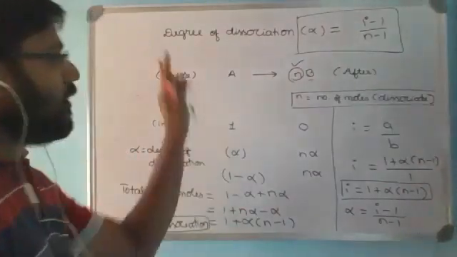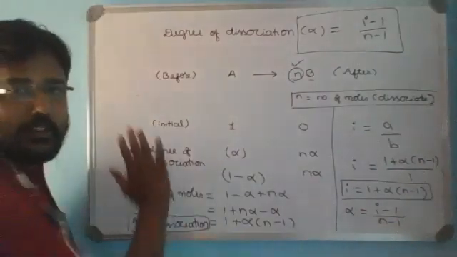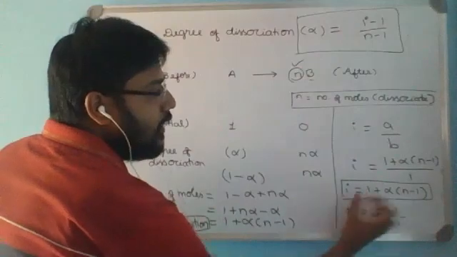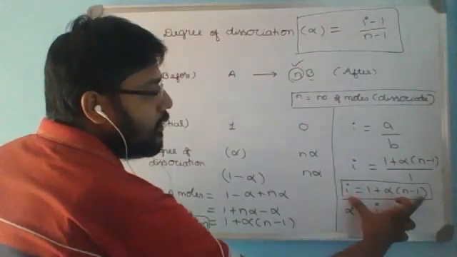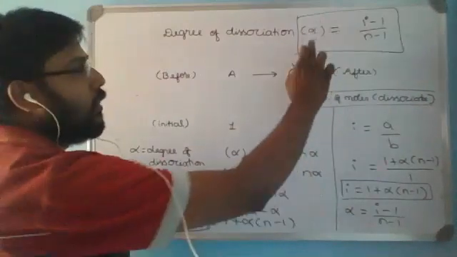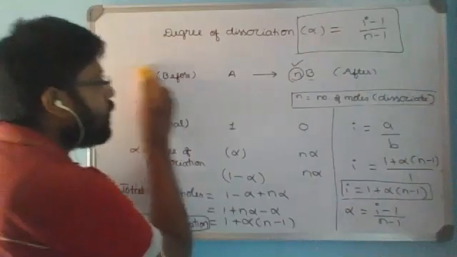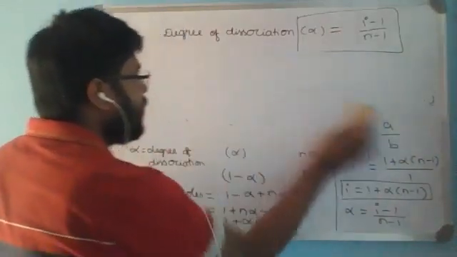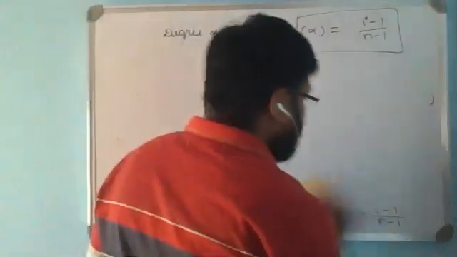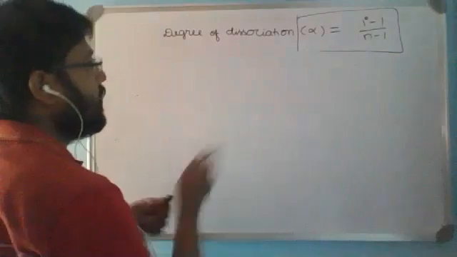So similarly, the degree of association can also be calculated. So observe once very clearly. With this simple rearrangement, either you can remember i equal to this formula, or with the final rearrangement you remember alpha equal to i minus 1 divided by n minus 1. Similarly, the degree of association is also calculated in a similar way. So we'll remember it in the final equation form.